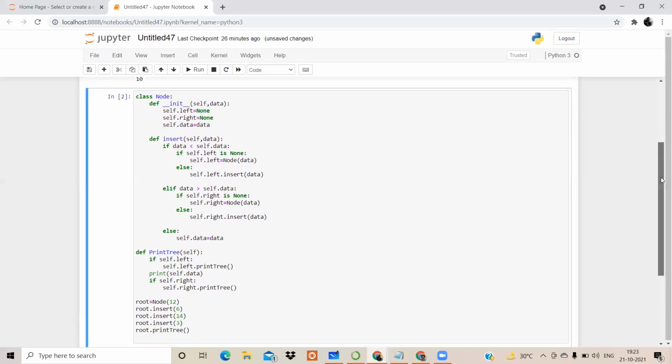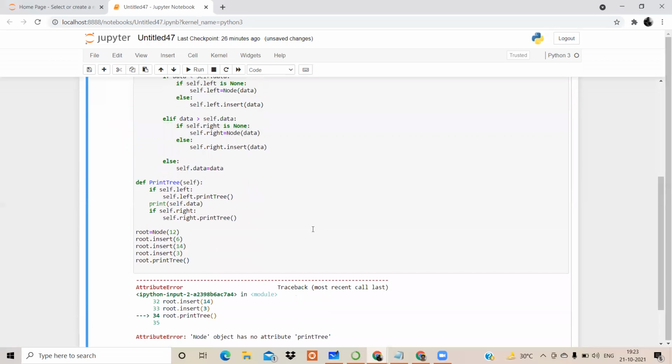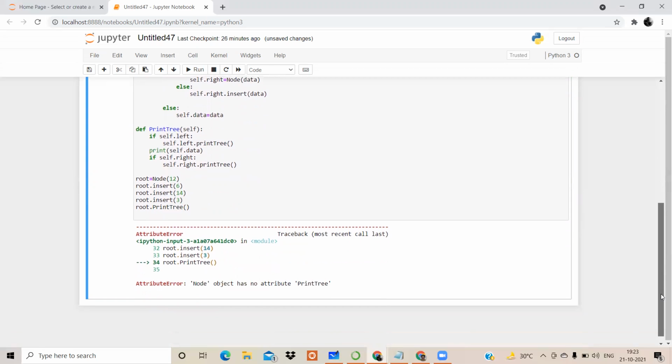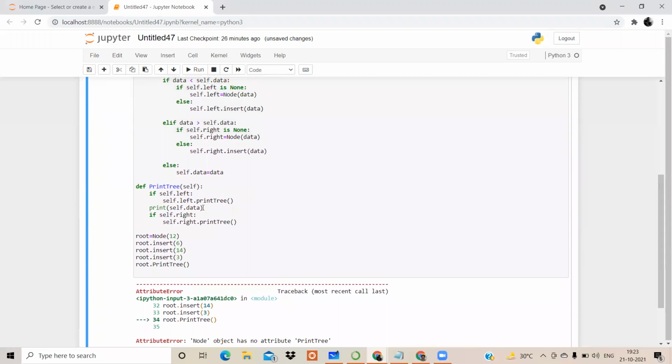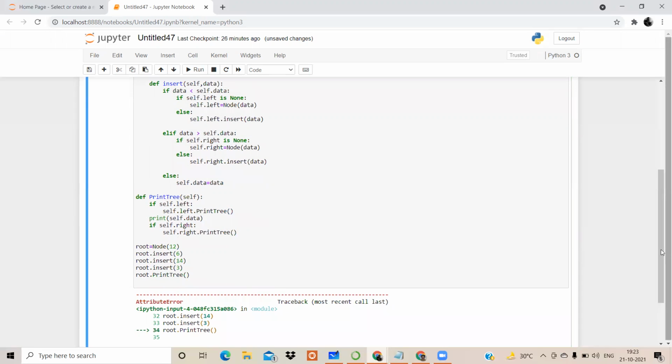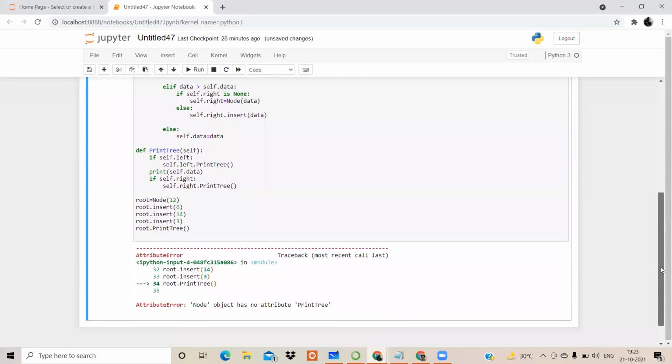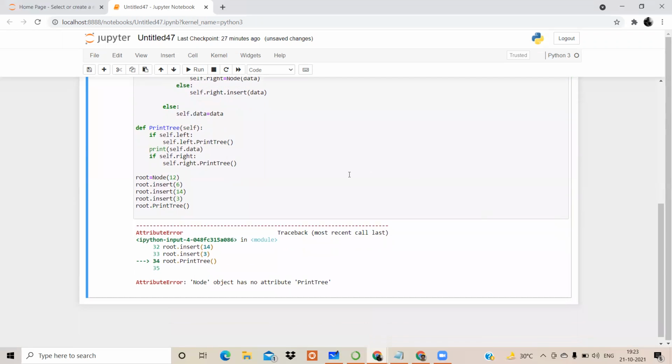Let me just check if this is correct or getting an error. Node object has print tree. Just a second. Self.right, self.left. After 14 and 3, root.print_tree.